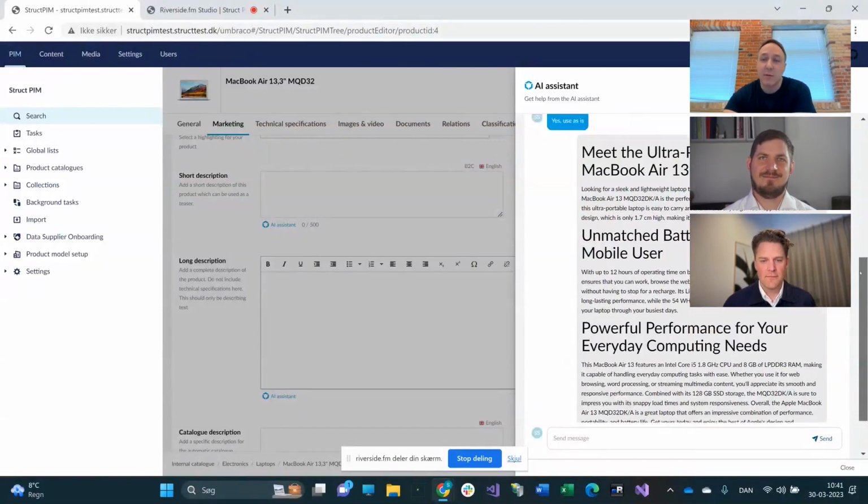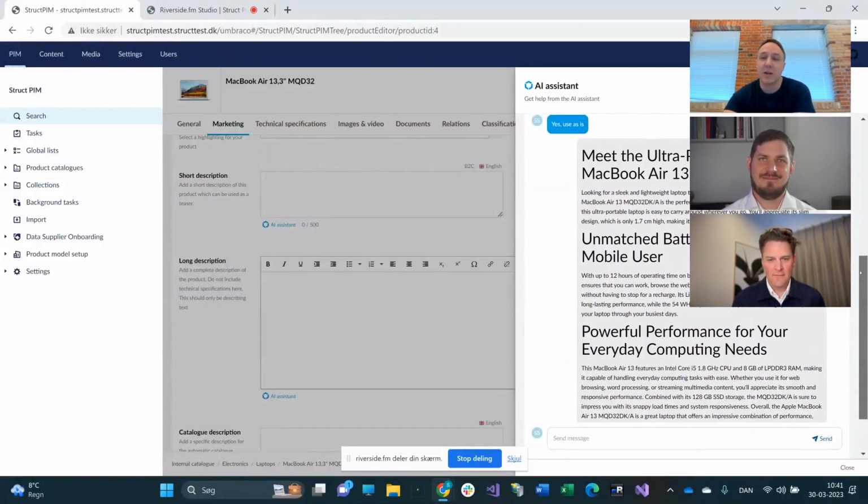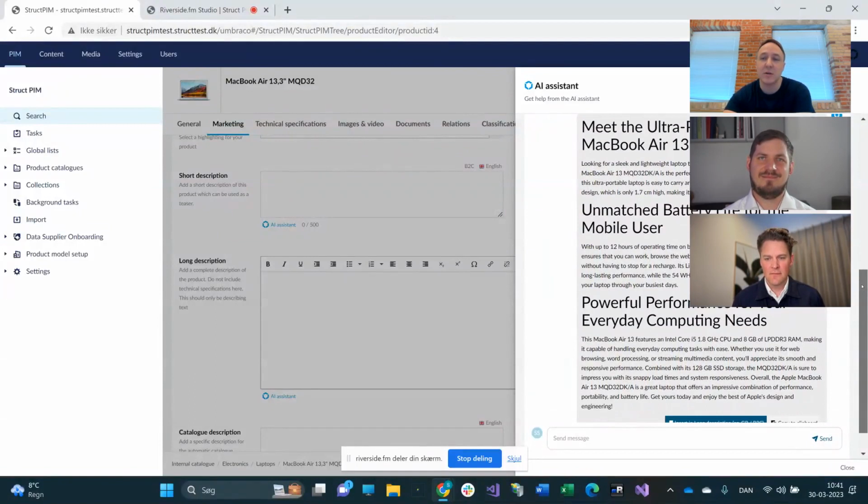And now it's produced that for me. So it's actually created a full product description, as you're seeing here, using the information that we have about the product. It's very beautifully integrated into the text, as we see here. It has 12 hours of operating time, battery, and so forth. So this is great. We are actually able to do this without much effort, and it's a very nice text most of the time, as we see.